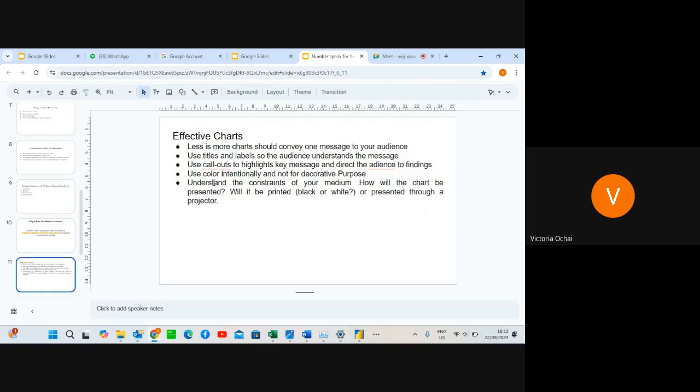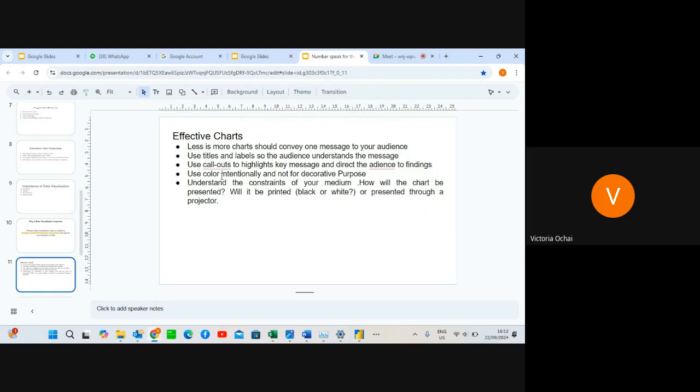So for me, I will always advise that if you want to do any visualization, you shouldn't use more than 3 colors, and the colors should be closely related to each other. I'll send us a book as regards that, for when you want to choose colors, the particular theme that you can use. So you should use